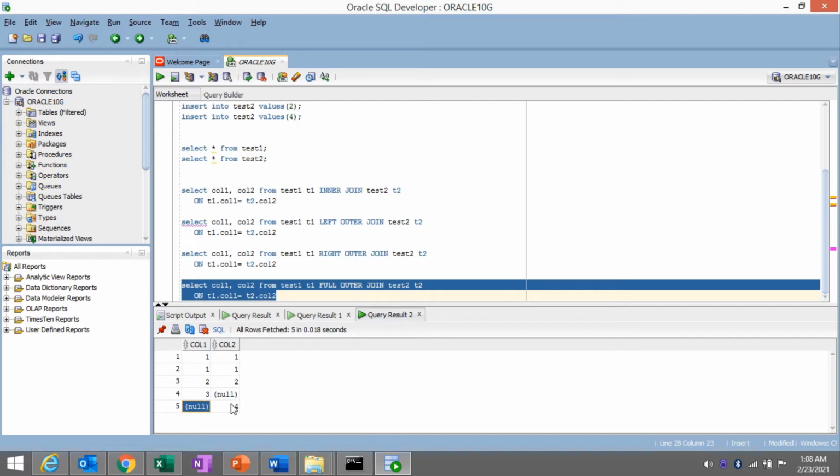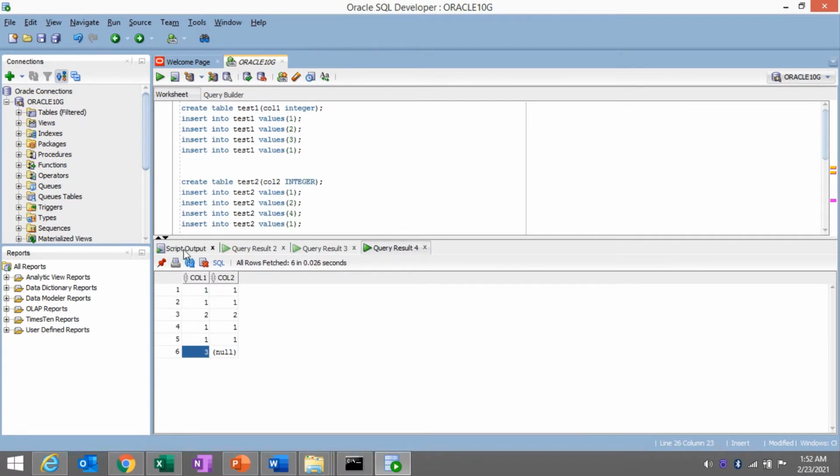And for the fourth value, we don't have a value in the test1 table, so that's why it's giving null. The remaining matching records like 1 1 2 2 will be the same as the inner join output.